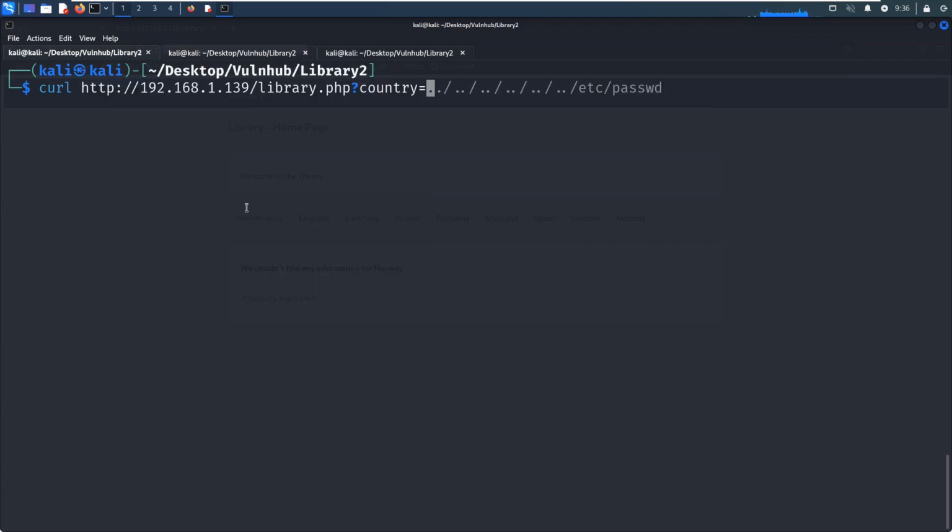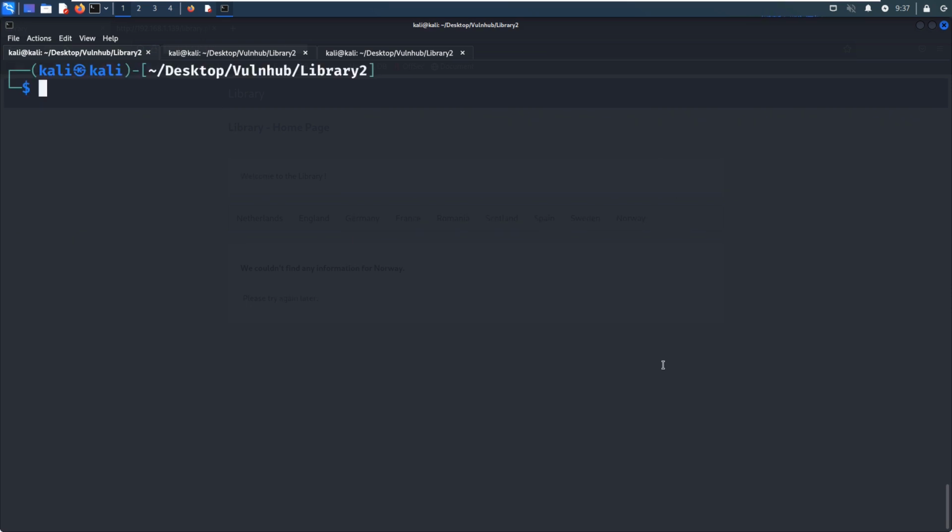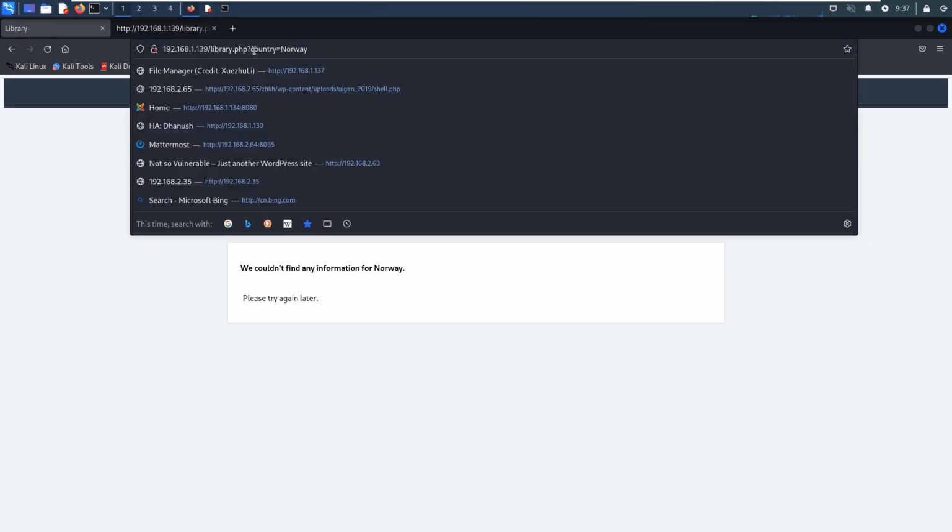And we can try to access the password file. We couldn't find any information for this one. And also we can put some path traversal thing, okay? Press enter. We still get the same result. So in other words, the application doesn't have a file inclusion vulnerability. A bit weird, right? So now we can check to see whether this parameter or this application is vulnerable to